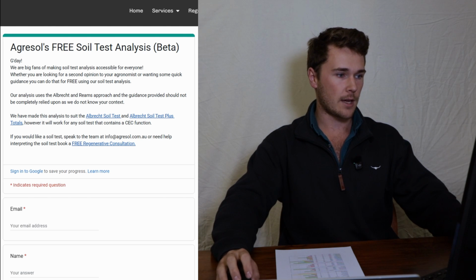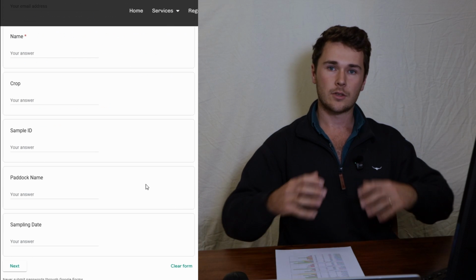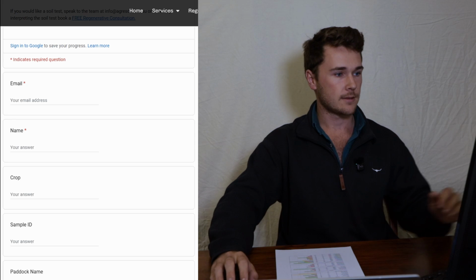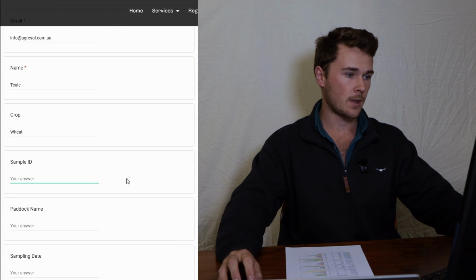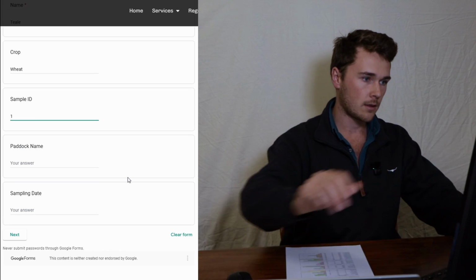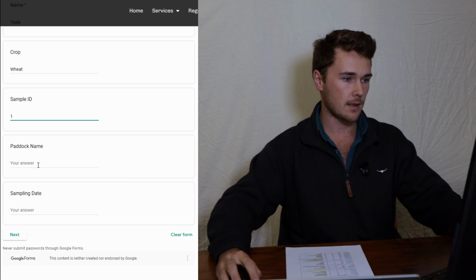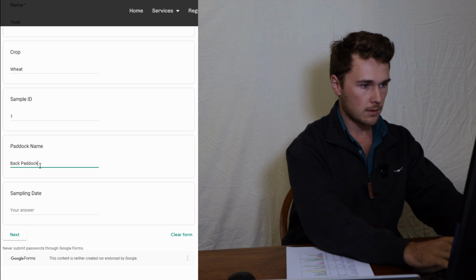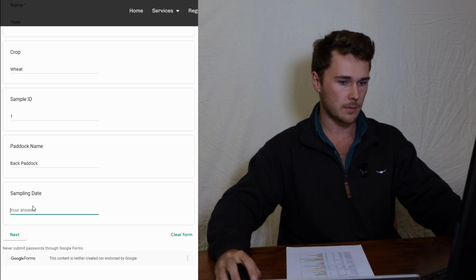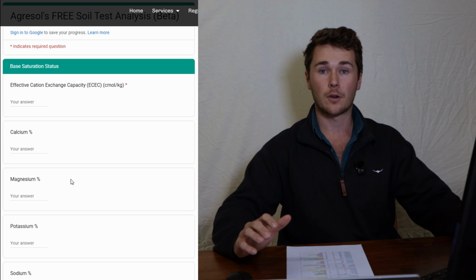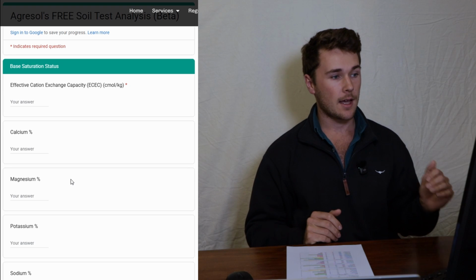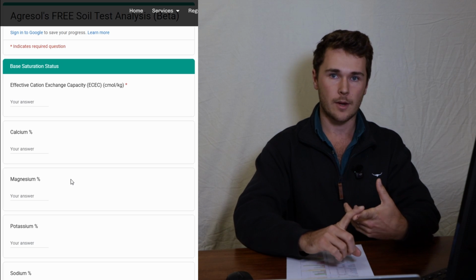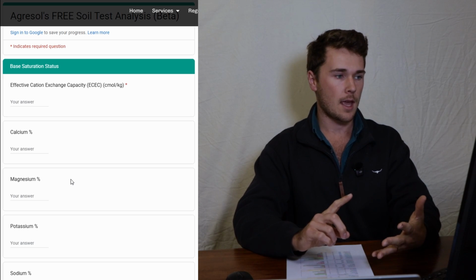But anyway, what you've got to do now is put in your information. I'll quickly do that now and run through the different components of the test. As you can see here, there's room for the crop that's going in, your sample ID, paddock number, as well as sampling date, farm name. Now for a lot of these, you actually don't need to fill in the spot. All you've got to do is your email, so we know where to send it, your name, and the effective